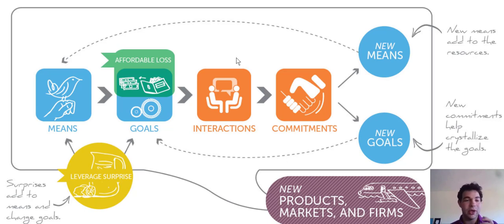And that's going to do two things. One is it's going to constrain the possibilities for your organization. So it's going to make the goals more concrete. But at the same time, it's going to give you more strength. It's going to give you more resources. It's going to give you a bigger network to work with. So you're constraining what the organization is as you are broadening what the organization can do. And then you start this process again, and you make more and more commitments, creating your market until you have a company. And there are obvious parallels here to the recursive congruency process we talked about in the congruency episode.